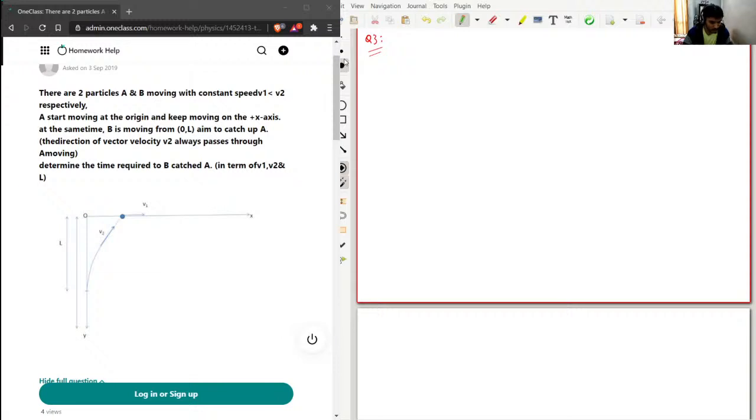At the same time, B is moving from 0 to L, aiming to catch up with A. The direction of the velocity vector v2 always passes through A, so the direction is kind of changing. Determine the time required for B to catch A in terms of v1, v2 and L. So first I'll draw this,